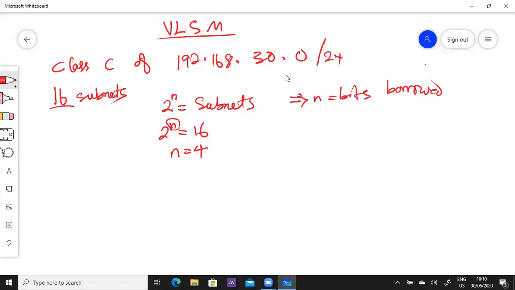If n is 4, then it means you have to borrow 4 bits. Borrowing 4 bits and adding it to this /24 will give you a new subnet mask of /28. So all the 16 multiple subnets that you're going to have, each one will be a /28. This is a classless subnet mask, and every classless subnet mask has a block size. So this /28 will have a block size, or a magic number, of